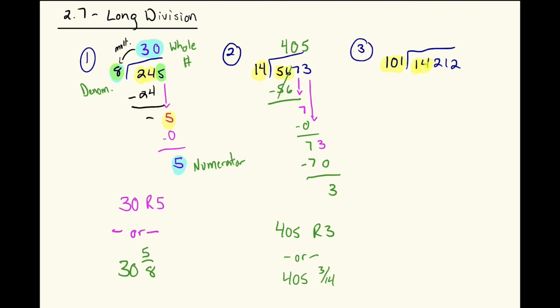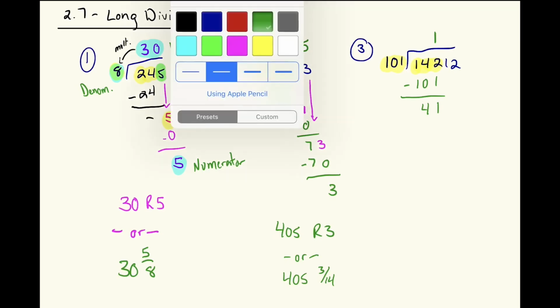No. Can it go into 142? Yes, it can. So 101 can go into 142 one time. So 1 times 101 is 101, and we subtract. So 142 minus 101 is 41,